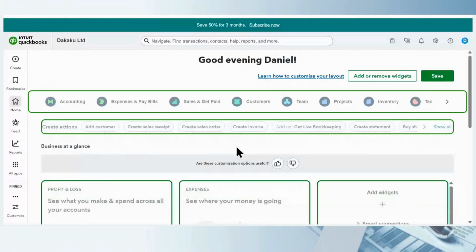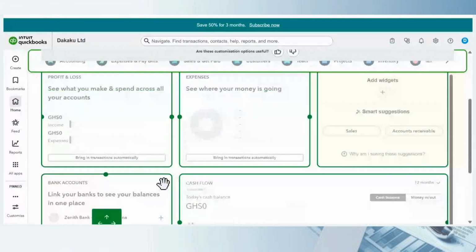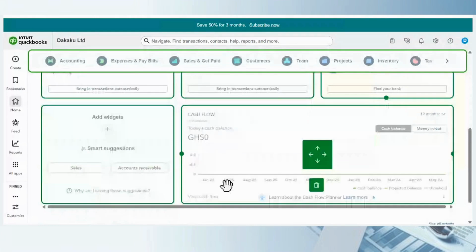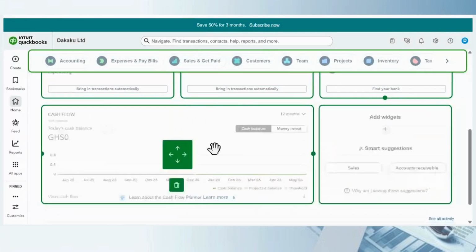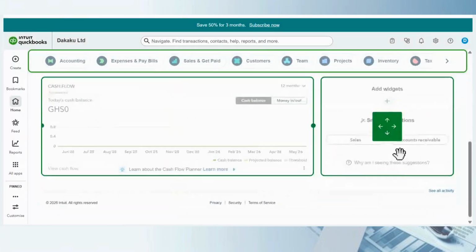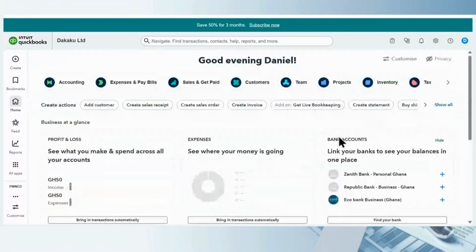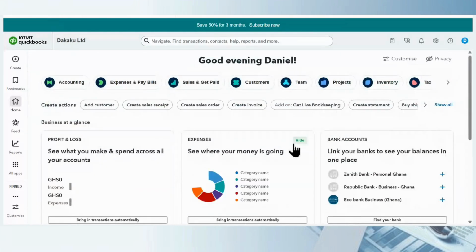If I want to rearrange any of these, maybe I want to bring this one rather here, I can bring it there and rearrange my dashboard to see what I want to see first. Maybe I want to bring this one here. I can bring it there, and then add widget becomes the last thing. If I'm okay with my dashboard, I can just save it, and that becomes my customized dashboard that is suitable for me and my